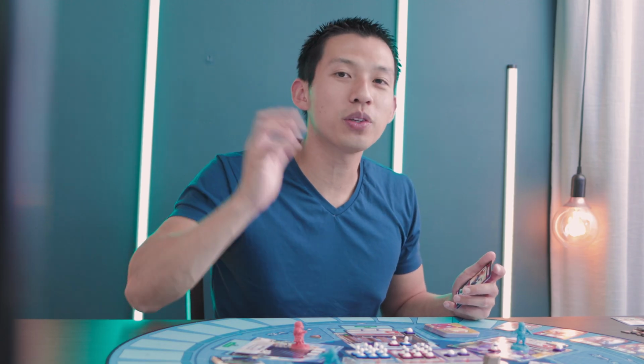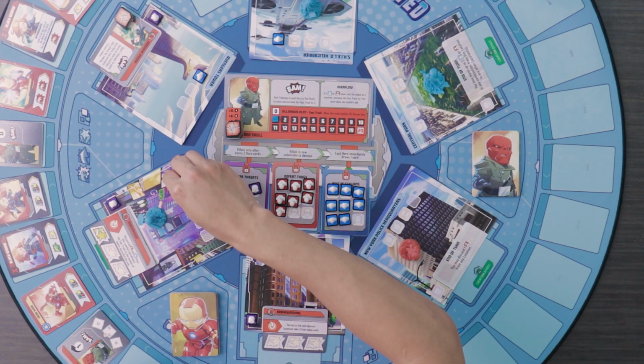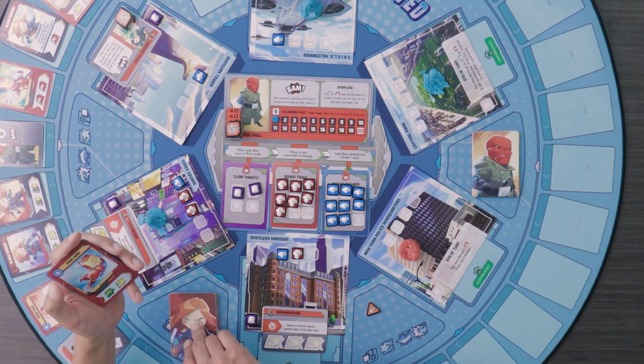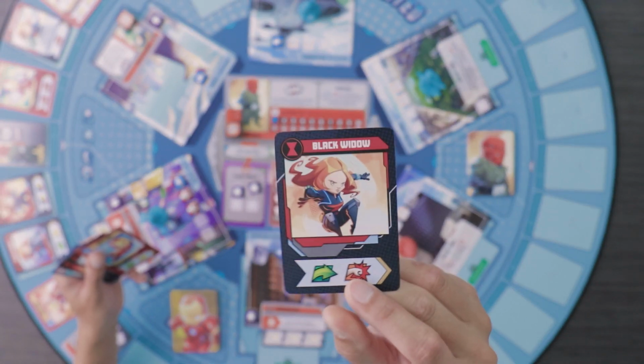And since Iron Man is currently in Central Park, its ability says, at the end of this turn, I can move these 2 tokens to any other location. So I'm gonna move these over here to Captain America so he can clear that on his turn without moving. Now, next up, we draw into Black Widow movement and attack. Oh, this is perfect